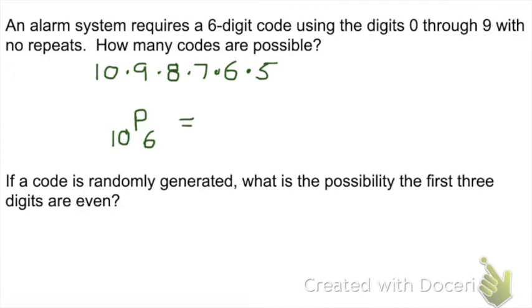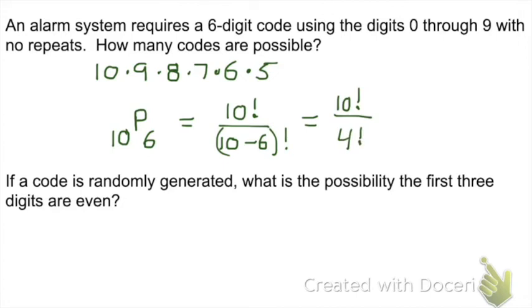Instead of having to do it by hand, I'm going to show you by hand because you guys need to be able to do it by hand also. So this is 10 factorial over 10 minus 6 factorial. This is 10 factorial over 4 factorial. So we do these, when you look at 10 factorial, if we just have 10 factorial on the